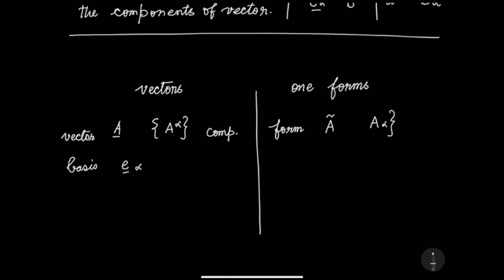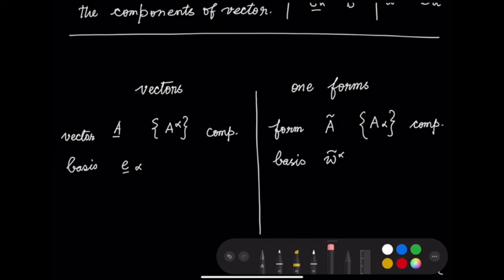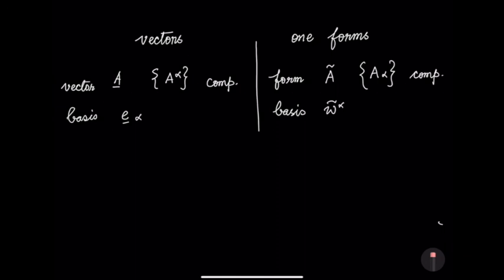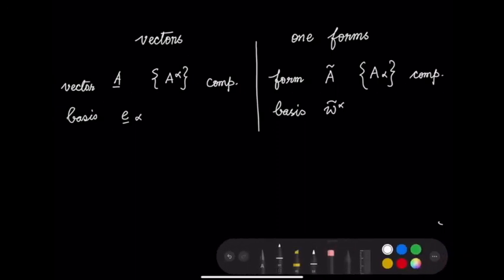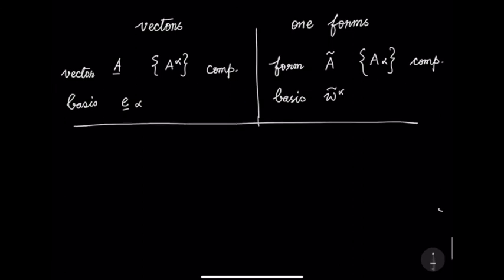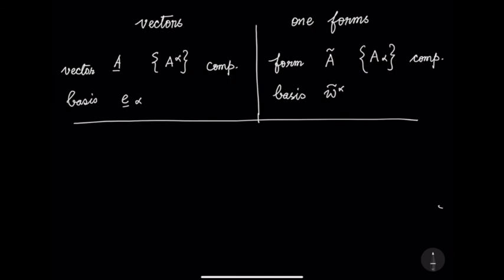These are the components, and the basis 1 forms corresponding to it are these. The question is, how do they transform? How do they transform? So A alpha prime is